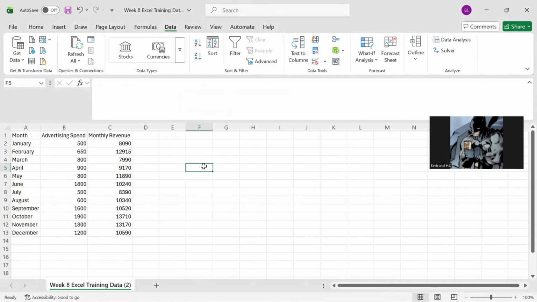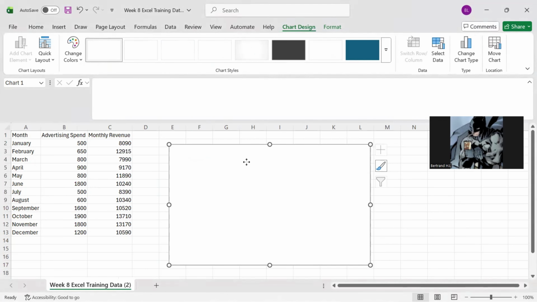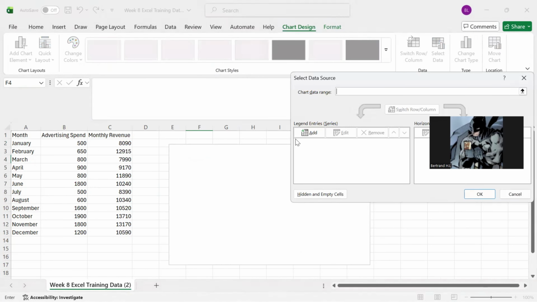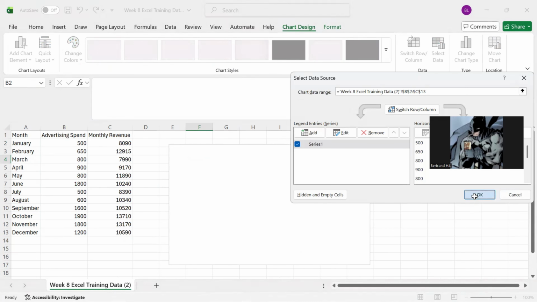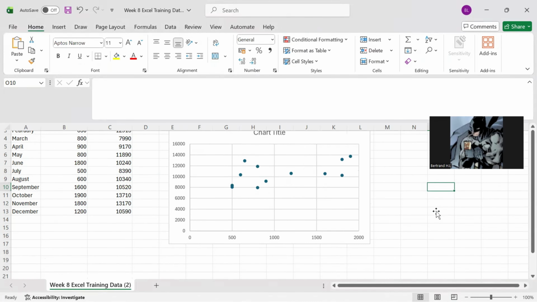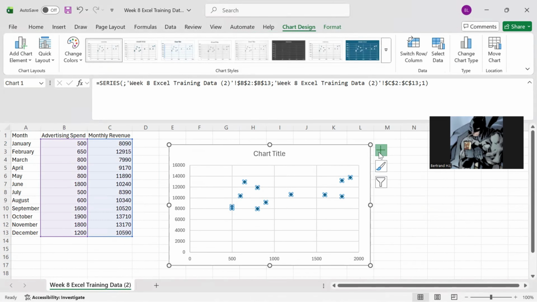Next, we're going to make a scatter plot from this data. Insert, and then scatter plot. Right click, select the data. Okay. And here's the scatter plot. You can also add a trend line here